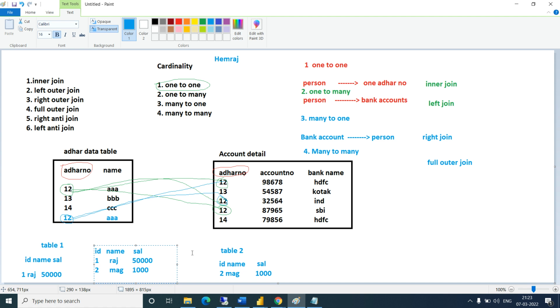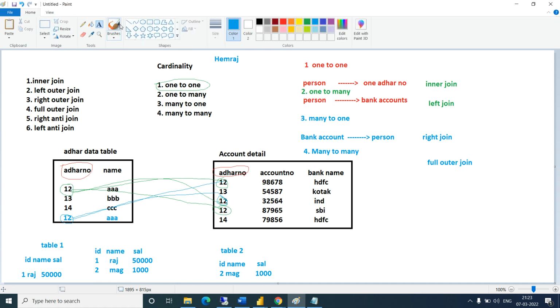This will be the output for the appending, from both the tables.